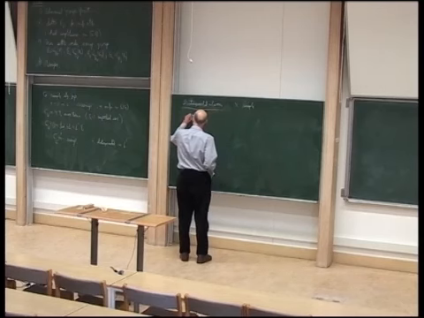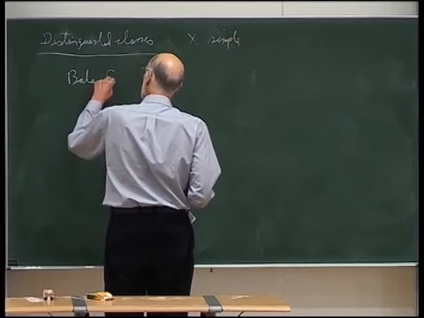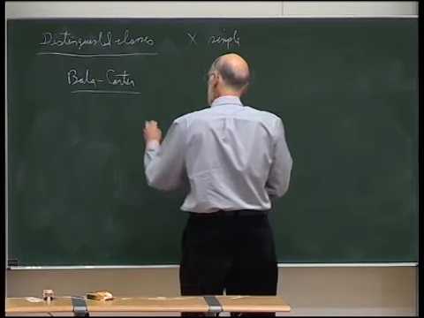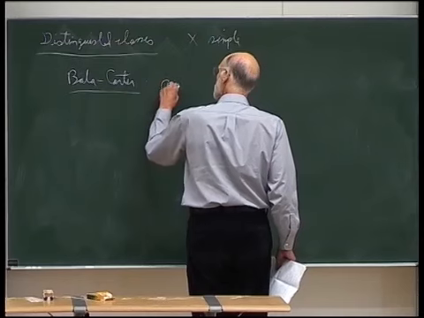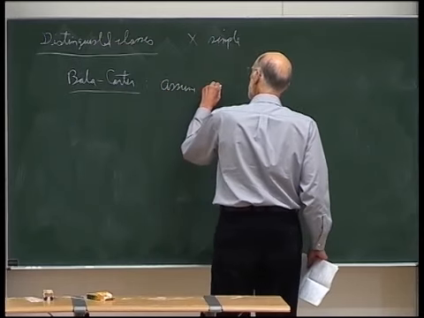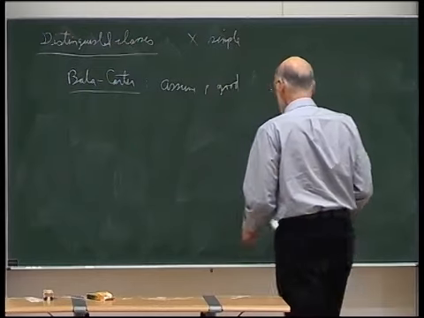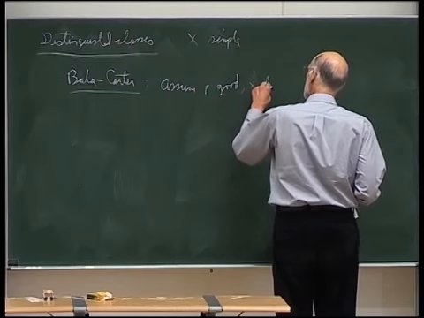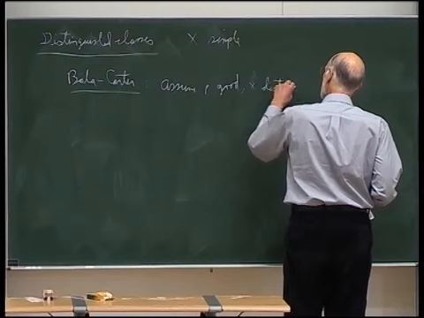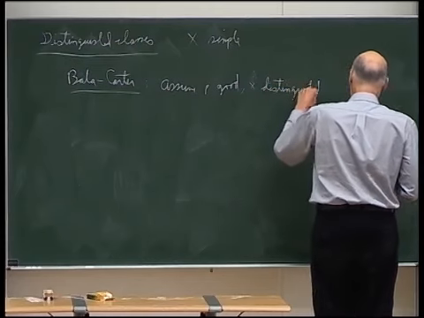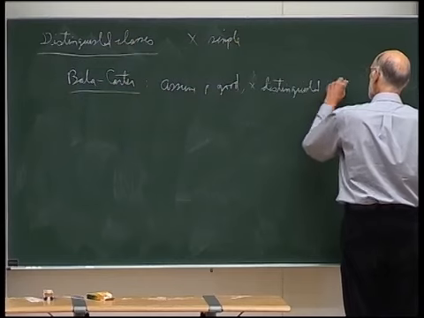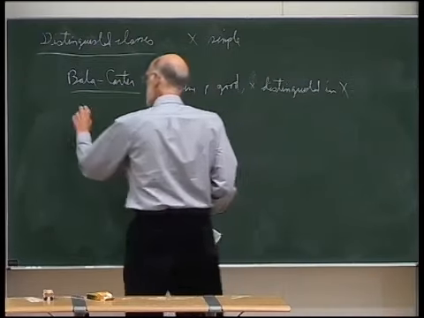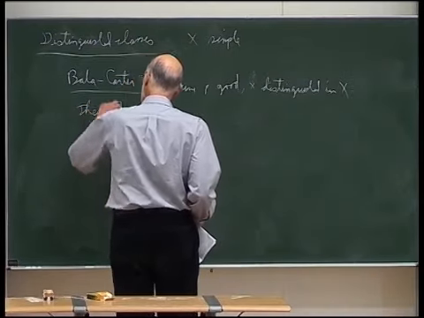So in good characteristic, if you assume p is good, a good characteristic, and X distinguished, then the statement is this: then there exists a parabolic